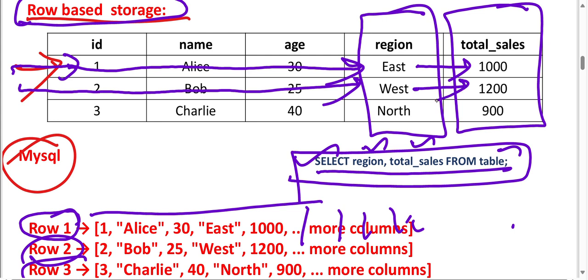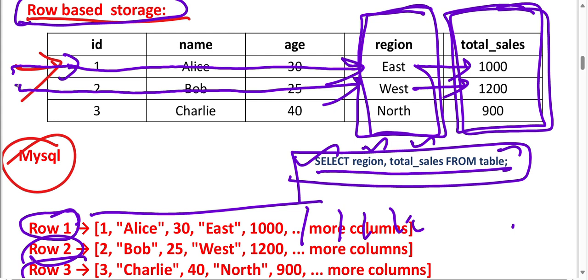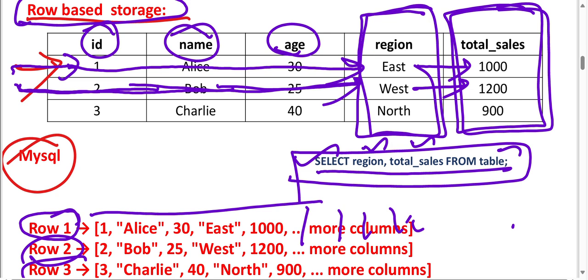Here we have the target. But when you observe here carefully, while fetching the region and the total sales, it is passing through the ID column. It is passing through the name column. It is passing through the age column, right?